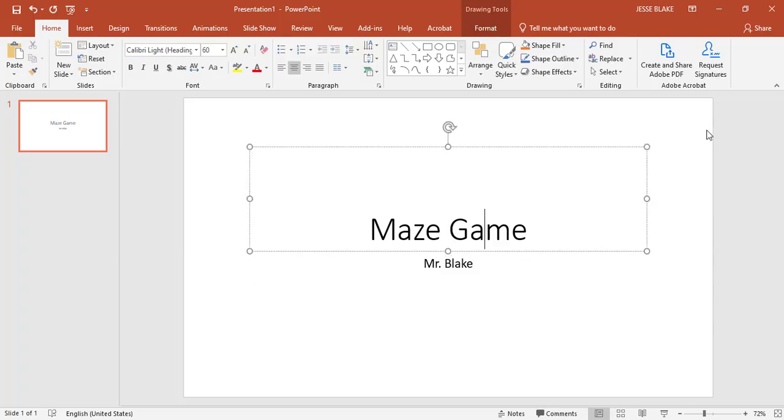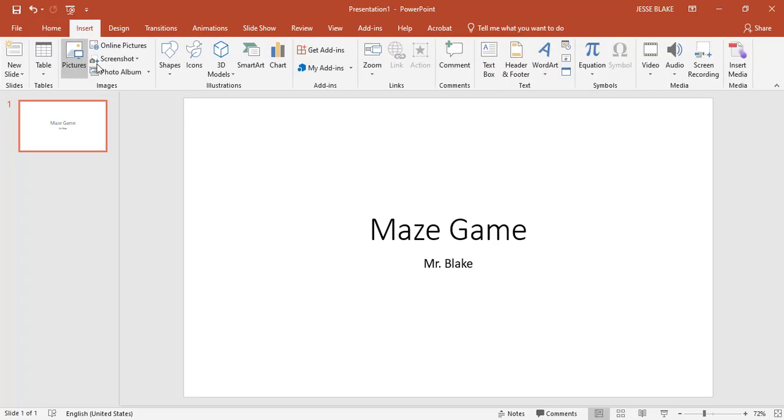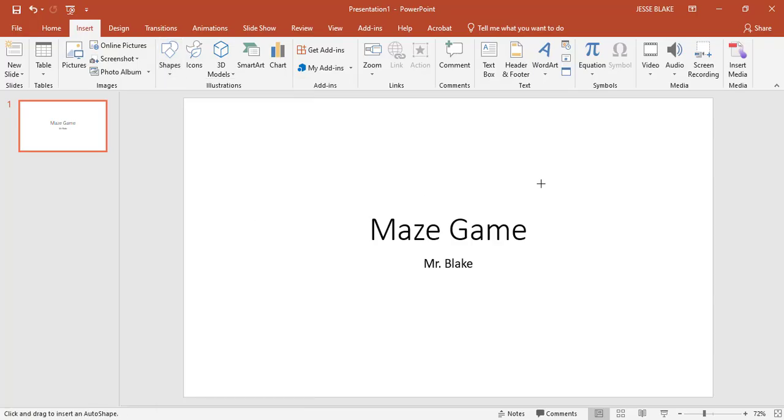Now, I do need to have a button that I am going to click that's going to take me to the next slide. And I'm going to actually do that now before I create the other slides. And there's a reason for that, which I'll explain after I do so. So I'm going to go to Insert, Shapes, and then you can choose any shape of your choosing to be your buttons. I'm going to choose a heart, and I'm going to put it right up here on the top